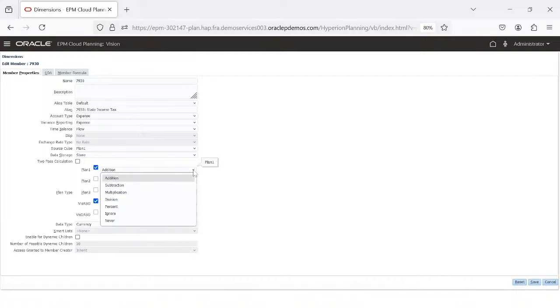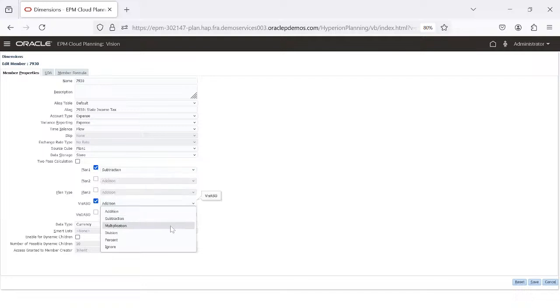So we will make the property over here subtraction, for the member which is supposed to be subtracted from the total taxes. So this is the state income tax account. I have given the property as subtraction, and I will save this